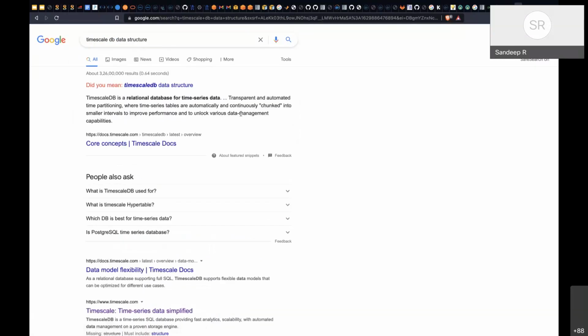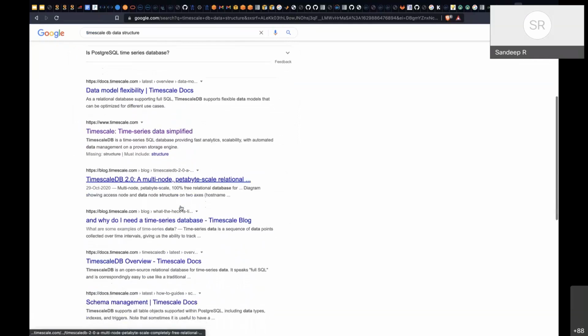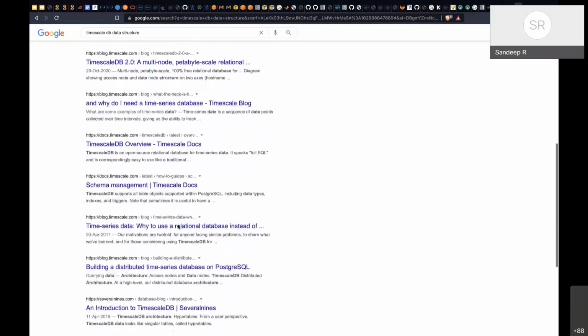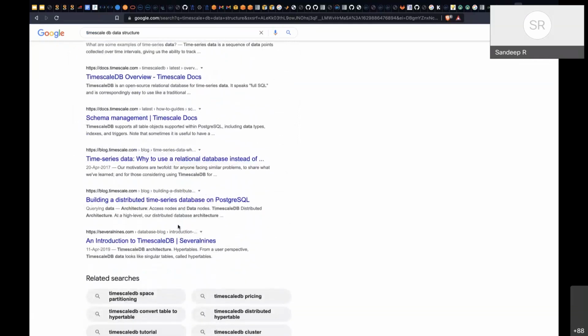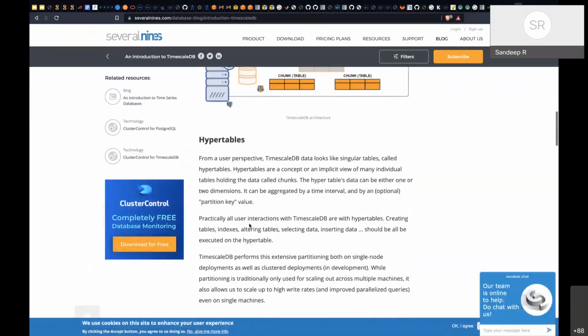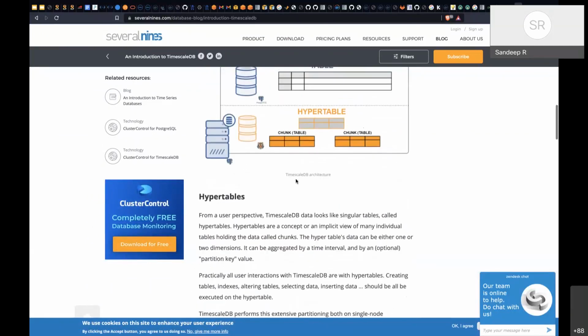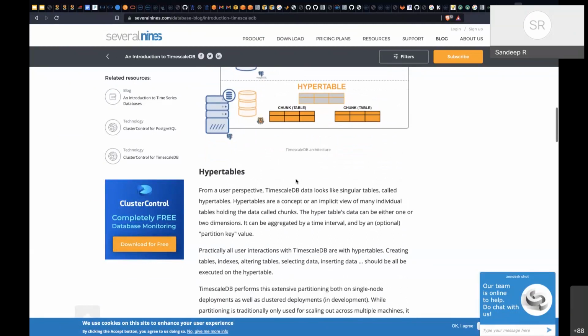Yeah, it's a relational jump, smaller time. It may be... I don't know, I'm not able to find it quickly. So it could be under the covers, it could be hypertables. Yeah, that's what it says. It uses something like a hash table, there's something called hypertables. So mostly hypertables, yeah, we'll have to see. I don't know how to implement a timescale database, but these are the things that are happening today.